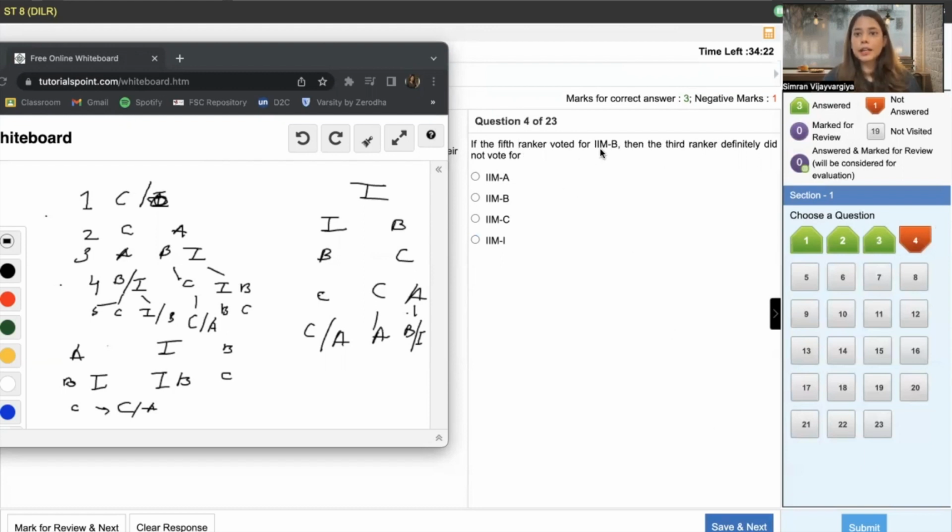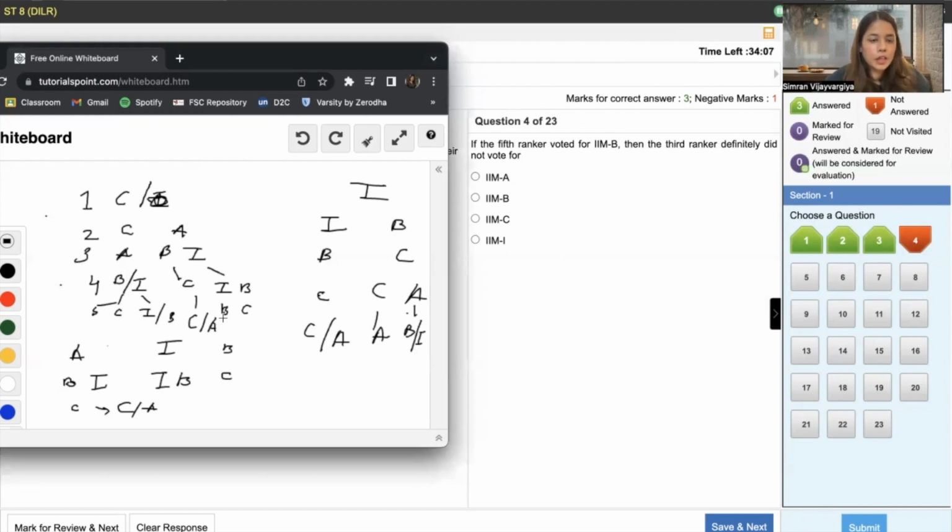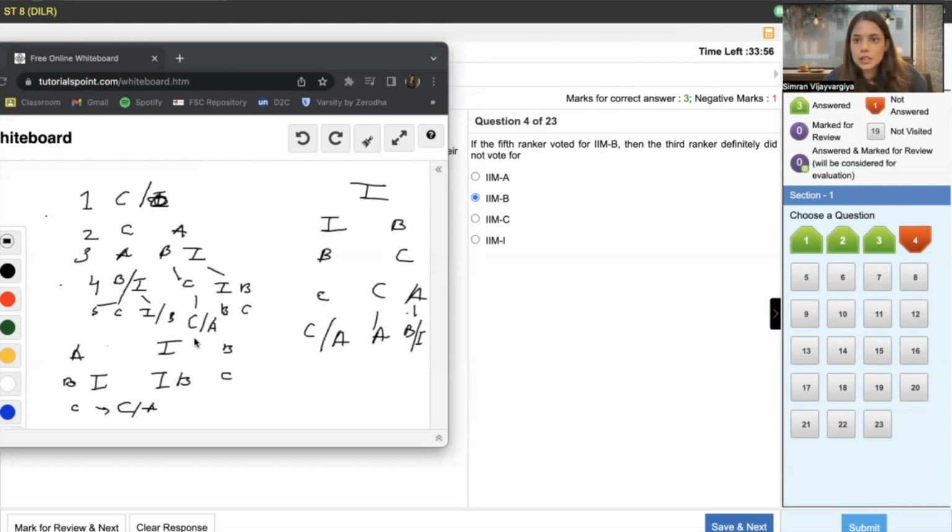If the fifth ranker voted for IIM B, then the third ranker definitely did not vote for? I think it's the same. Third ranker: here we have B, it could be A, it could be I, it could be C. So I think B is not possible. The third ranker is not B; here it is B, here it is B. So the last one is